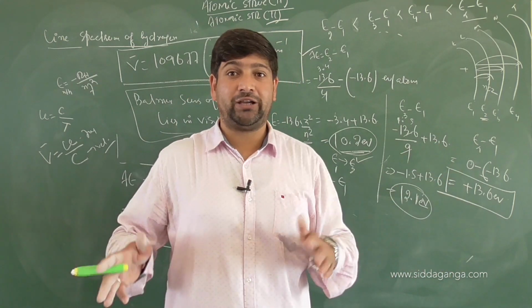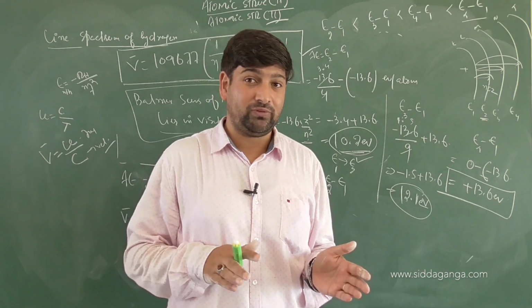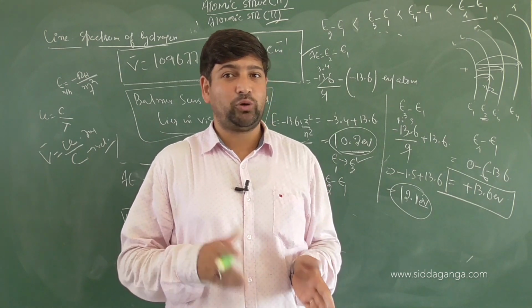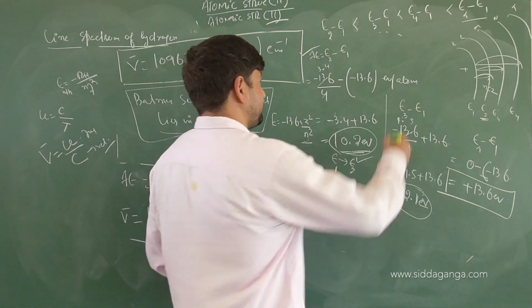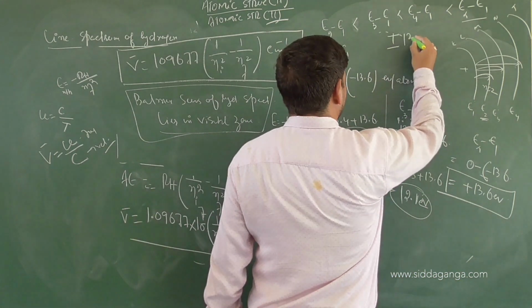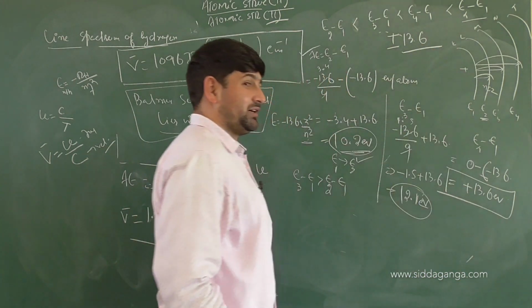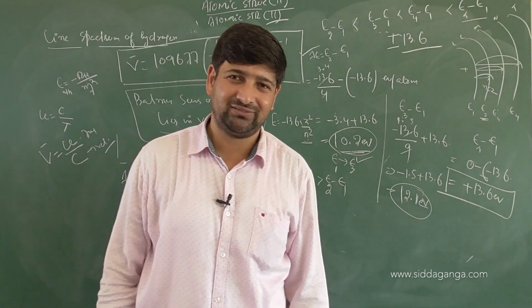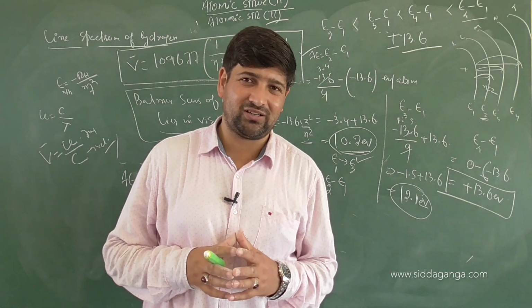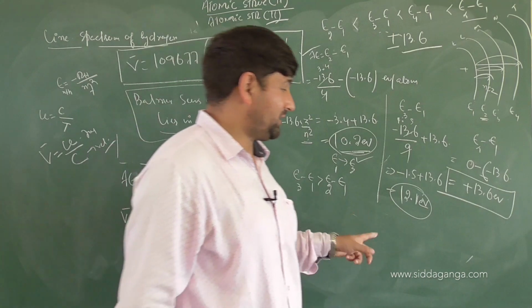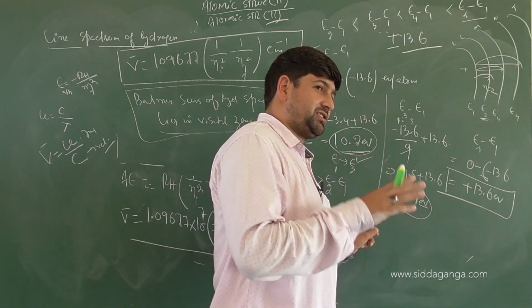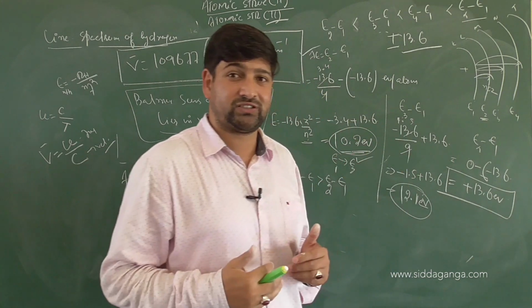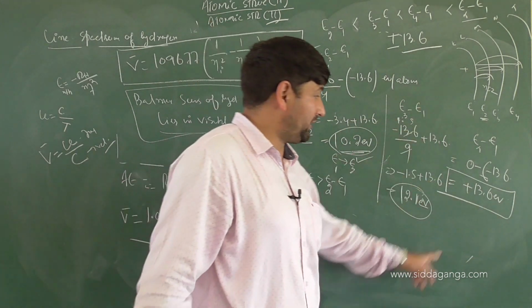So the energy range of the hydrogen atom, in terms of electron volts, ranges from minus 13.6 to plus 13.6. So the energy difference is plus minus 13.6, for the hydrogen atom. Am I clear with this thought here or not? Minus 13.6 means the system is more stable when the electron is present in the first shell. So when you send it out of the atom, you require this much energy.